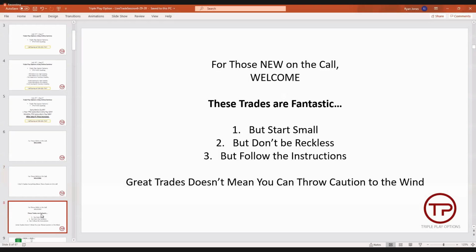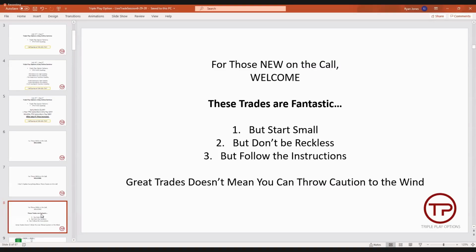And if you decide to take some of the trades, or one of the trades, or both trades, whatever the case is, you want to start small. The trades are absolutely fantastic, as you're going to see today, but you want to start small because if you make a mistake on a big scale, your mistake is going to cost you a lot of money. You don't want to be reckless about how you throw these trades together, thinking, oh, I'm just going to throw a couple of these trades together based on a similar situation or similar pattern, and I'm going to come up with the same thing. And it doesn't work that way.